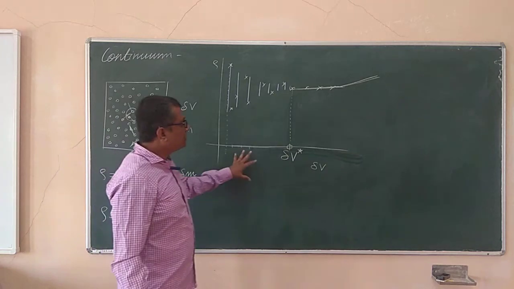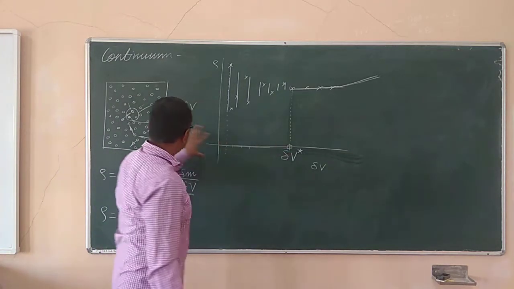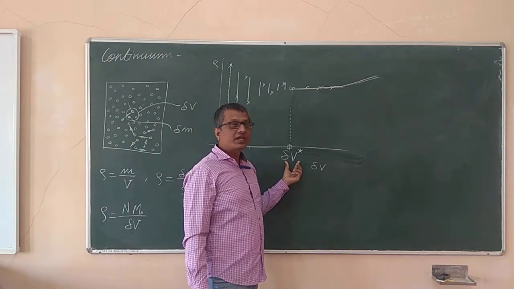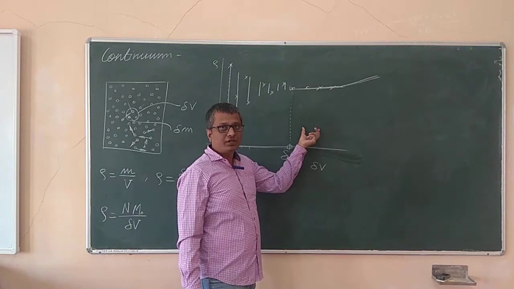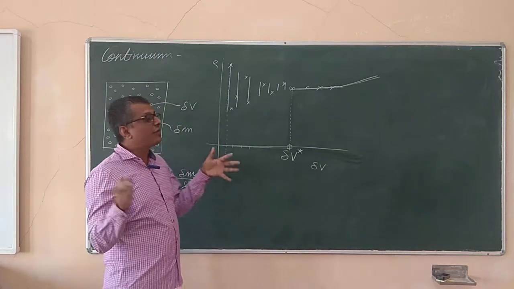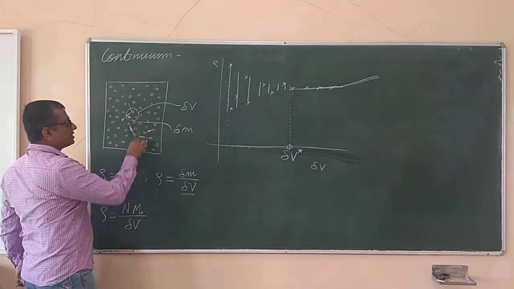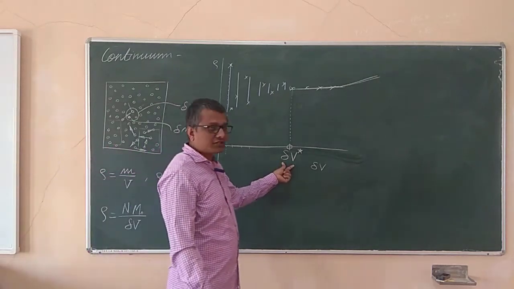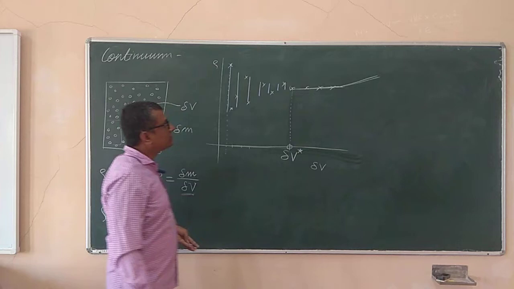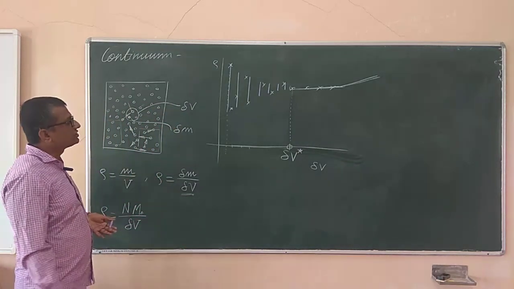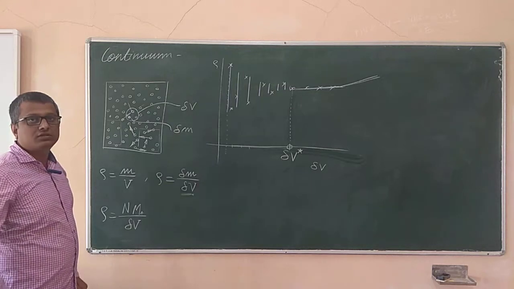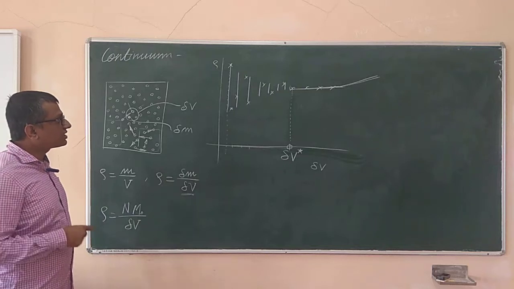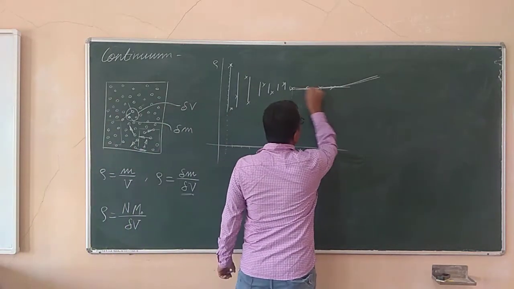Now see, if we are considering one system whose volume is more than this delta V star, then we can say that the fluid is a continuum. I mean, on average we can take the magnitude of the density. So in that case, if I take the density in this region or this region, it will not get affected. But for that, delta V star has to be that much larger. Now how much larger, we will see with the aid of some mathematical equation. One constant is there that is going to define what should be the magnitude of delta V. But this is the case. From here onwards we can say the fluid is a continuum.